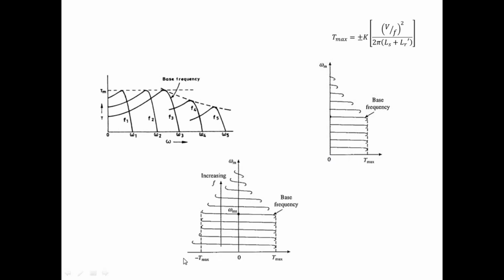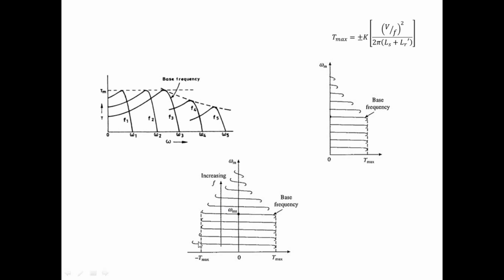So this will be the speed-torque curve up to rated speed or up to base frequency, called the rated frequency. We can get a constant T max, and if you are increasing the speed beyond that, you have to suffer a reduction in torque. Torque will be decreasing. And here it is plus or minus. So this is motoring mode, plus, and we can also operate at minus T max, or generating mode, in the second quadrant also. So here also it will be minus T max.